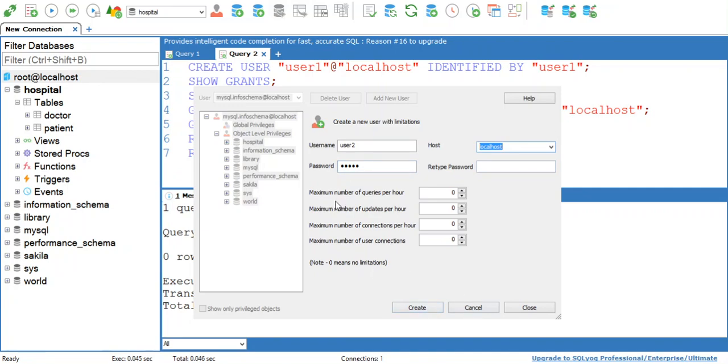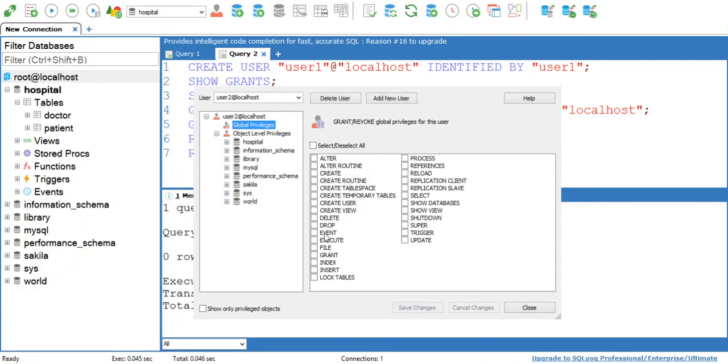Then you can set the maximum number of queries per hour, meaning how many queries this user can execute per hour, and how many updates this user can perform per hour. You can set this, then click on Create. Now this is another window to give permissions.